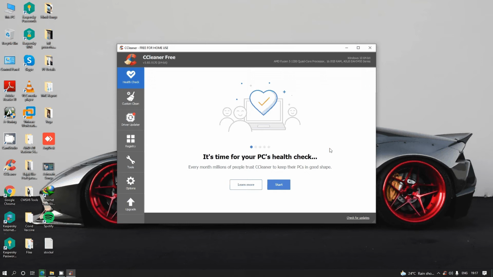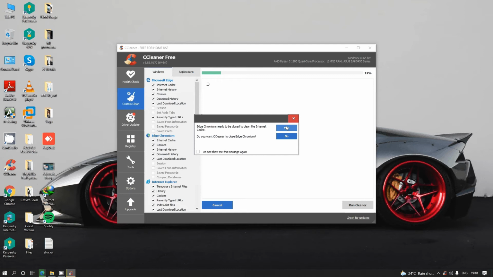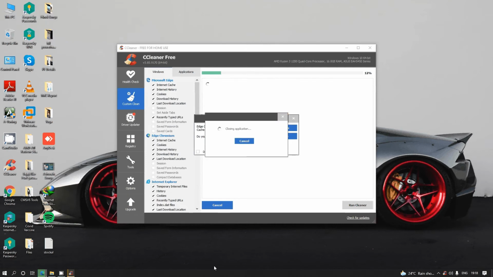Here you can see the processor, RAM, and details of the computer on which you installed the software. If you want to run the software to make the system faster, we click on Custom Clean. By default all these items will be selected, so we click Run Cleaner and continue.